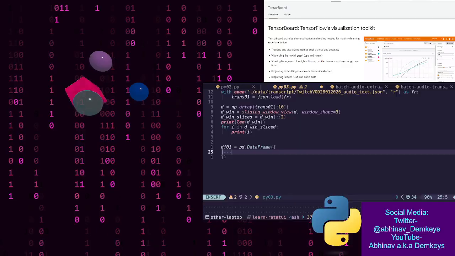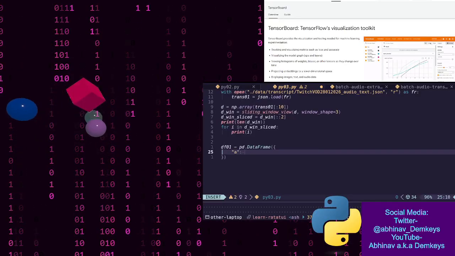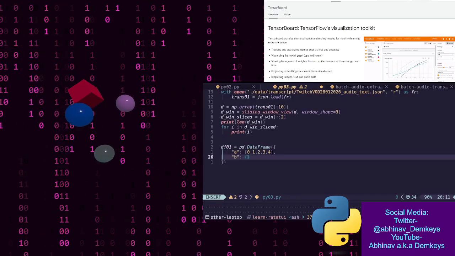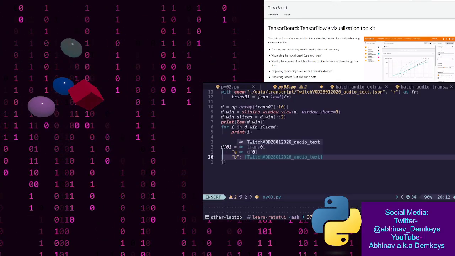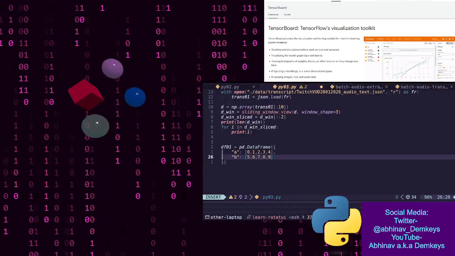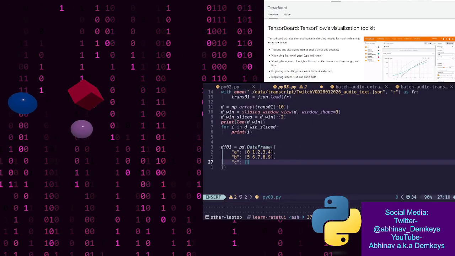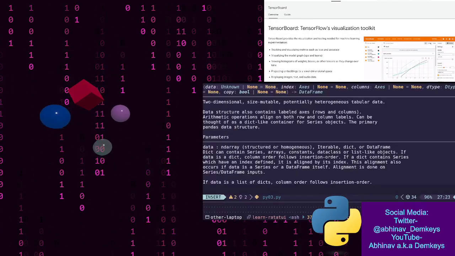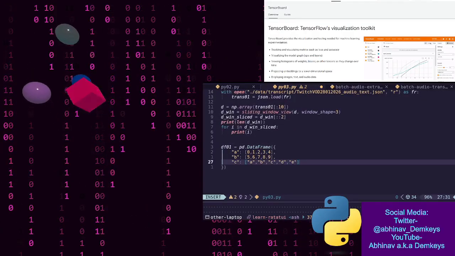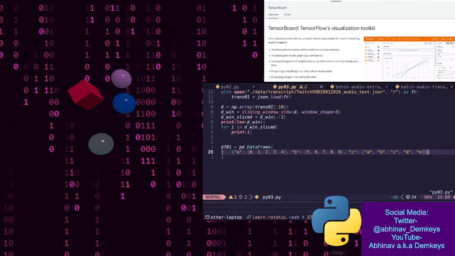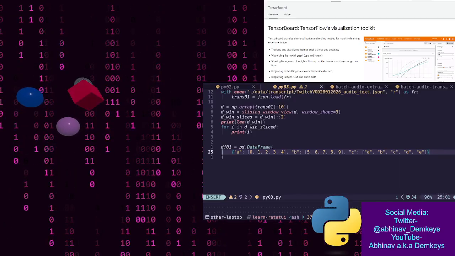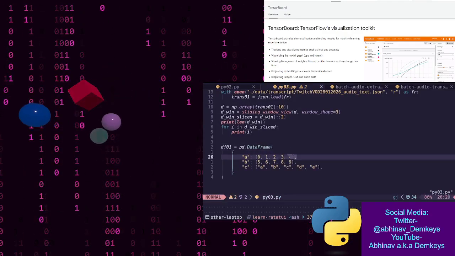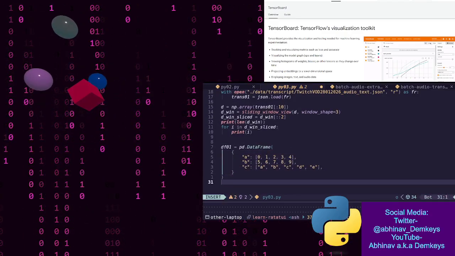We have to pass in, okay, so let's say 0, 1, 2, 3, 4, and then B would be also, no, let's make it different, 5, 6, 7, 8, 9, and then C would be A, B, C, D, E. That's 5, right? Hold on. That's wrong. That's right. Okay. So, now df dot,